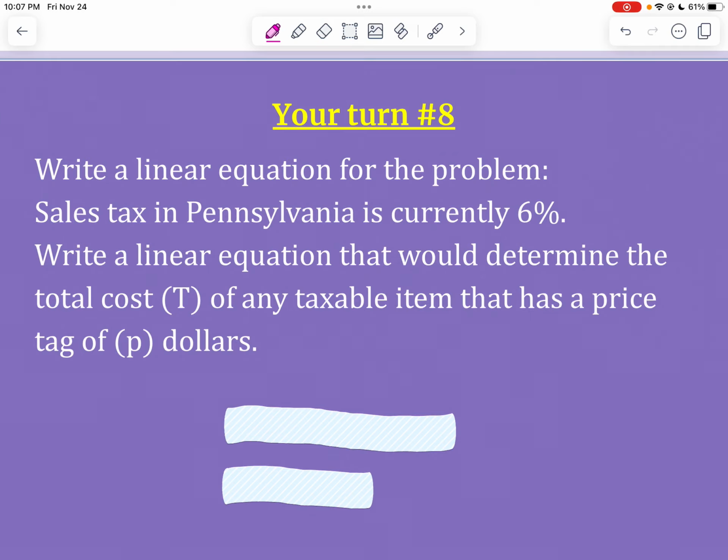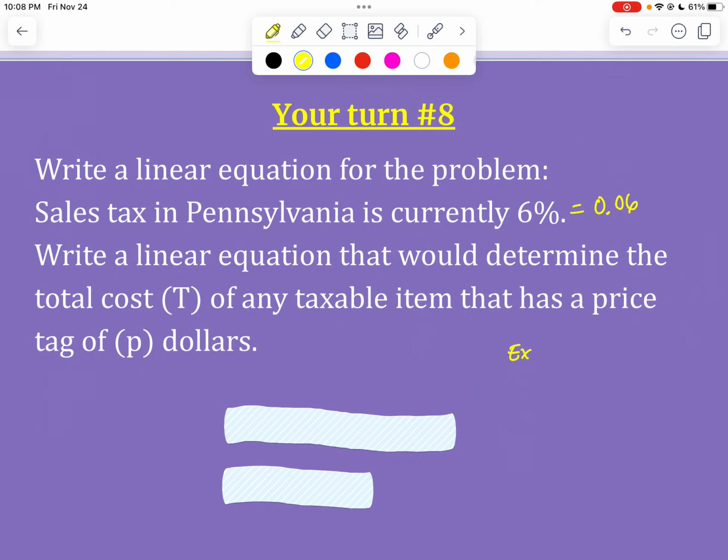All right, you should be done at this point. If you're a little confused, that's okay. Let's break this down. Very first step, we know we're going to start with T as our total. We also know that we have to calculate the tax somehow. So if you didn't know, 6% as a decimal is 0.06, not 6, that would be 60%. We need to multiply that value times our cost of the item